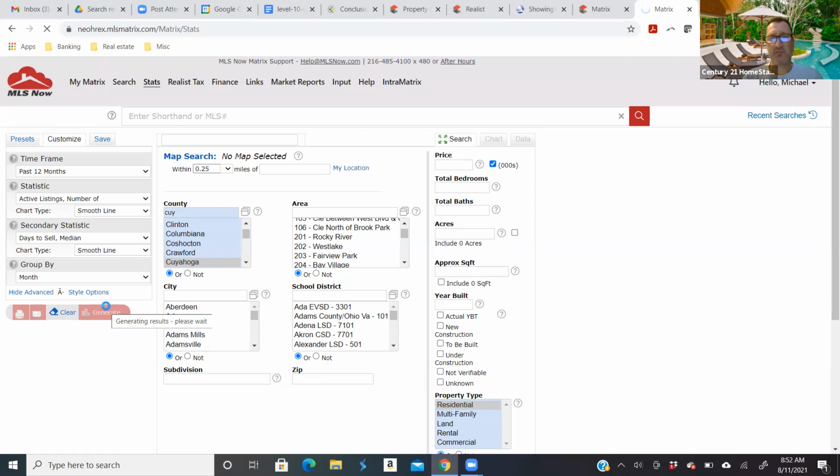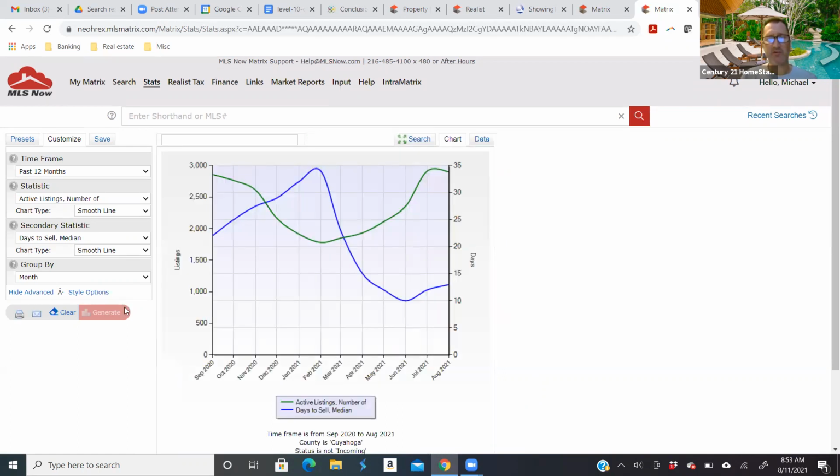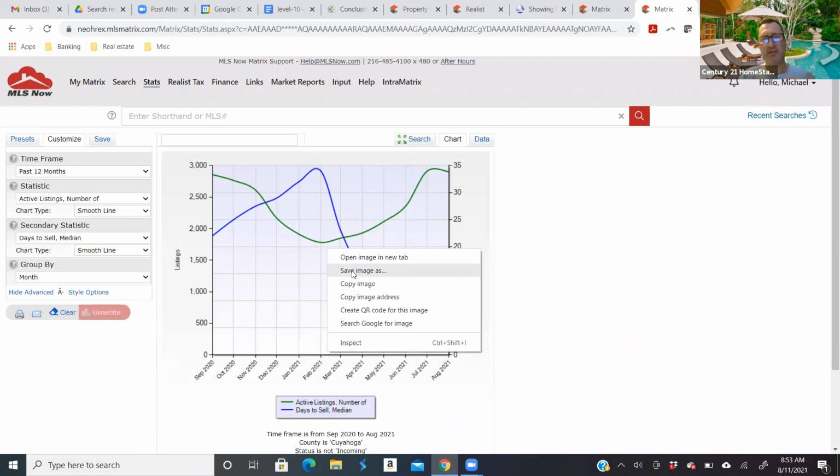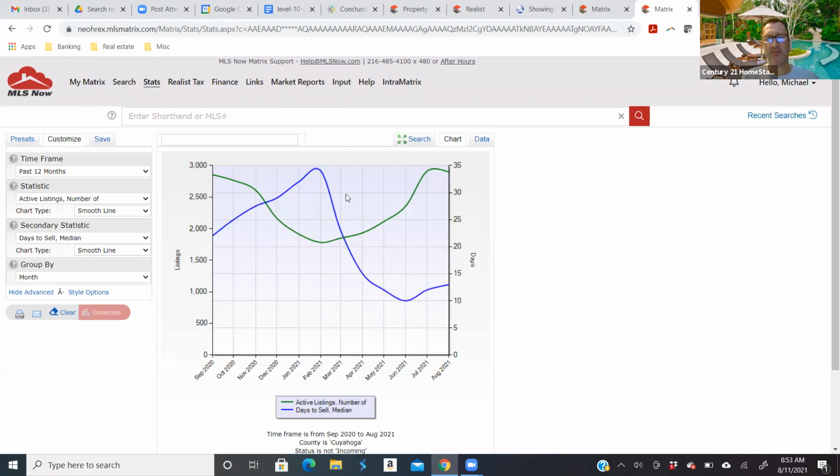And it's going to show you a couple different things. You can look at the graphs, or you can download the data in a CSV file. So if you're doing a video, you want the data downloaded so that you can say exact numbers. And if you want the graphs to create visuals, this is what you do. I usually just right click and save it as, and then I've got a VA who compiles my videos for me. I do the audio and give him the footage,